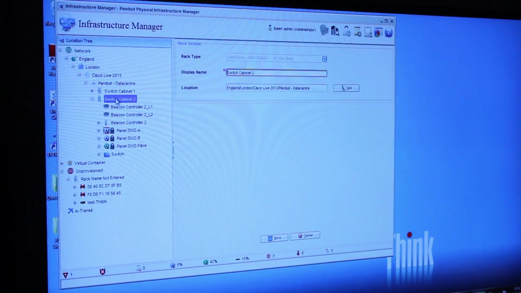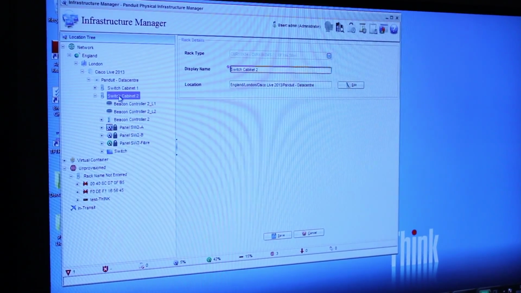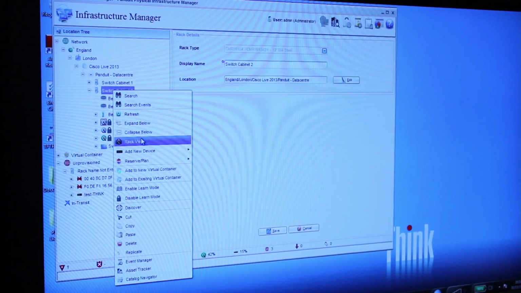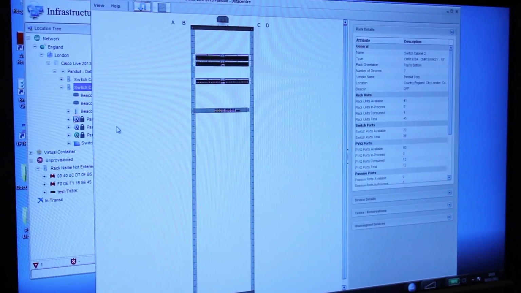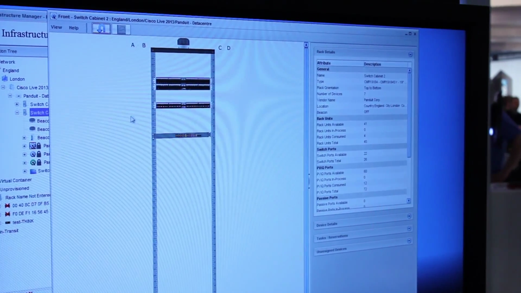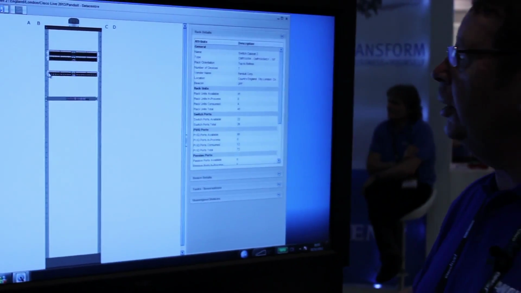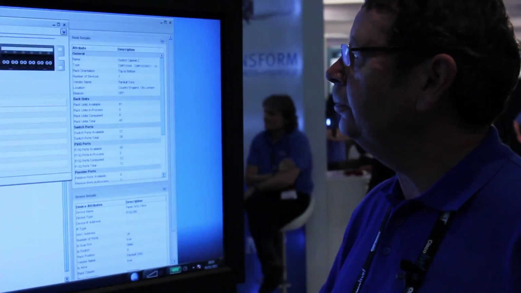I can select any cabinet in our data center. I can have a view of this cabinet, what we have in there. I can drill down further and have a look at the patch panel itself, what is connected. I can look at single ports. I can see